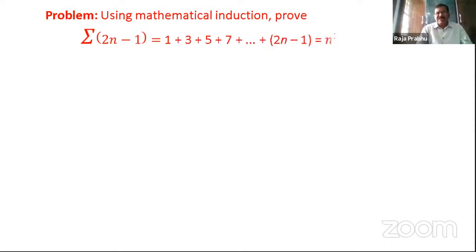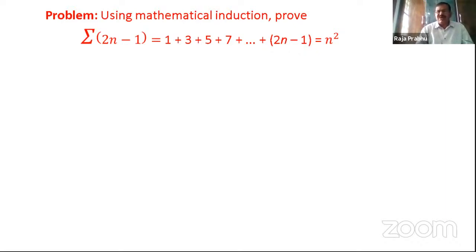So this is the main process of proving any statement using the principle of mathematical induction. Here I am giving you a problem. Try to understand one of the problems so that the concept becomes easy to know. Okay, here I gave you a problem, students. The problem here is: using mathematical induction, prove sigma 2n minus 1 is equal to 1 plus 3 plus 5